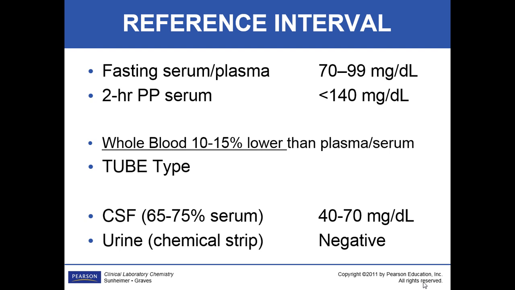If we put it in the fluoride tubes, the gray tops, it prohibits that glycolysis. That's the main function of a gray top, to prohibit glycolysis. And so they should be collecting them in gray tops, and if it takes all day, 10 hours to get over to your lab, you're all right. Okay? But we do lots of serum, especially if we know we don't have that time frame.